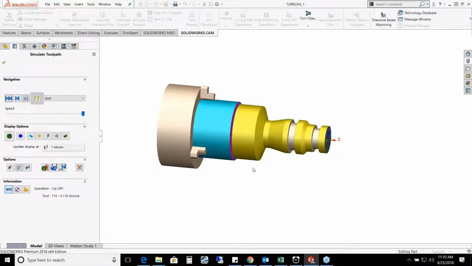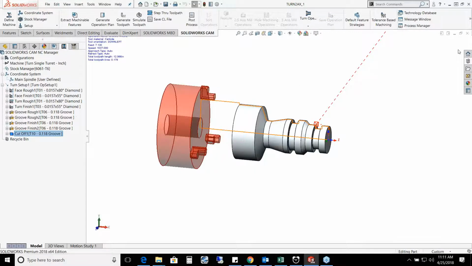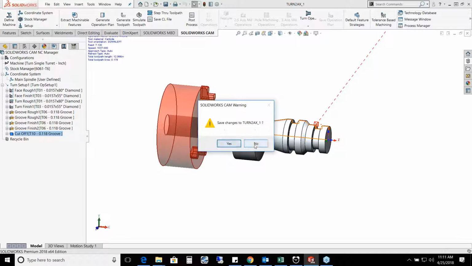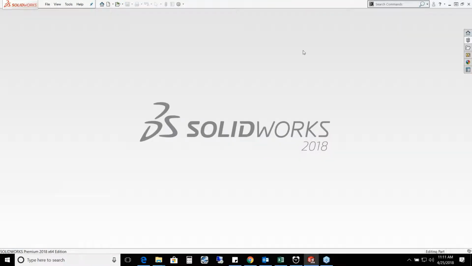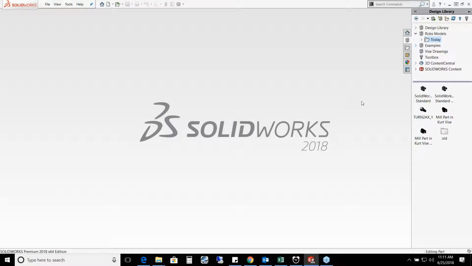and that's your turn part. This is all part of SOLIDWORKS CAM Professional. I'm going to close that out, and I'm going to speed up a little bit more. So next part up is going to be,